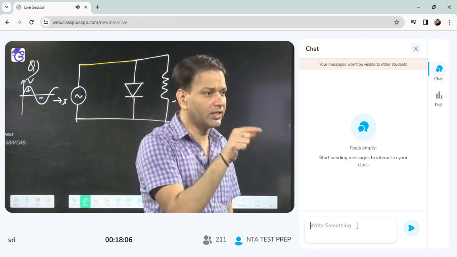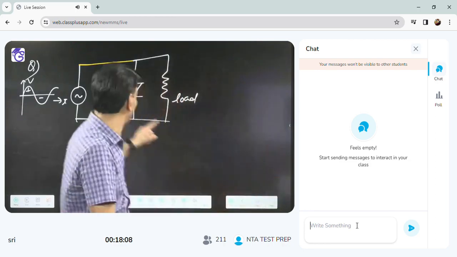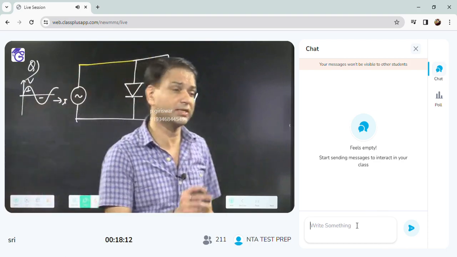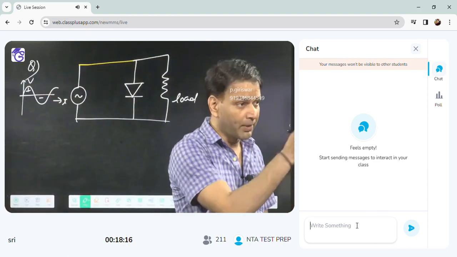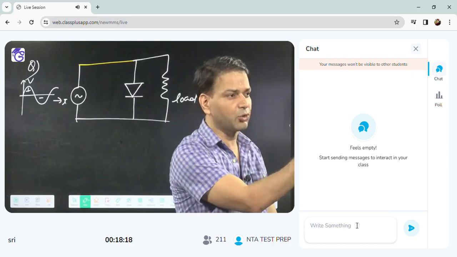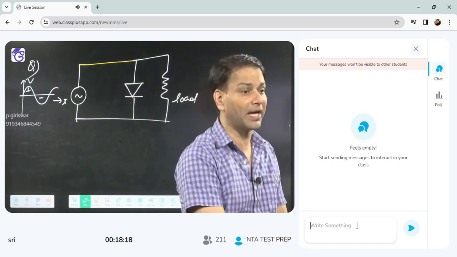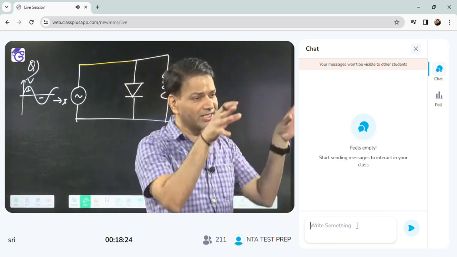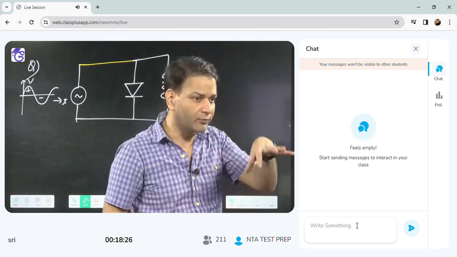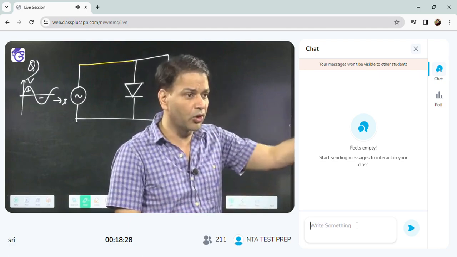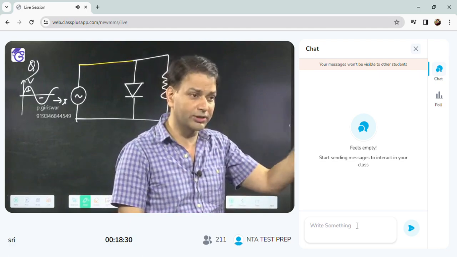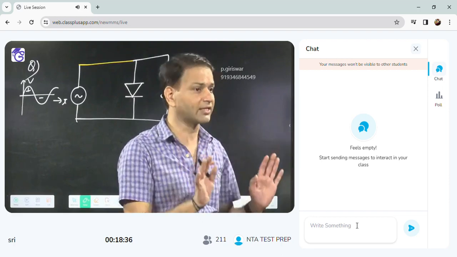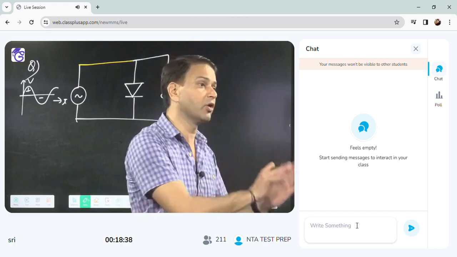If you remember, I connected the diode here and I connected the load here. So whichever cycle the diode was getting, the same cycle the load was getting. But here I am using the diode in parallel with the load. Second thing, when they do not say this is a rectifier circuit, we have to know that when they are using an input alternating voltage or current and one diode, it means it is a half wave rectifier circuit. Maybe they will not say it is a rectifier circuit.